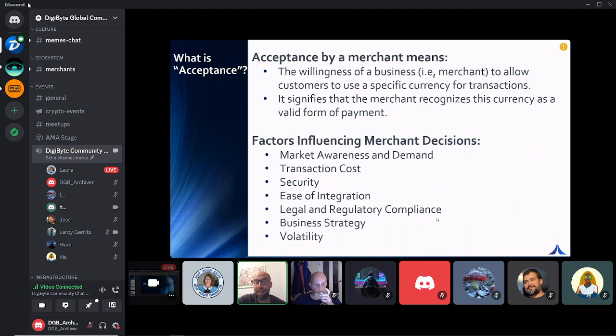As an issuer, as DigiByte is in its own way, if I'm issuing some sort of currency or payment method, I want to measure over time that my footprint is expanding. In payments, we often think about it from a regional or in-country perspective. Places like MasterCard measure their acceptance footprint, and this is one of the things they report back to their boards on, constantly putting business development strategies and efforts behind expanding their footprint.